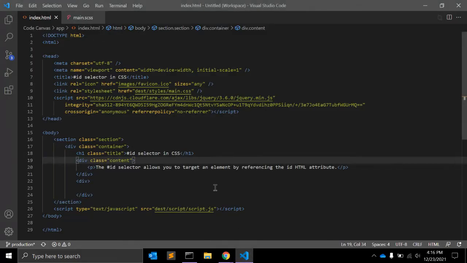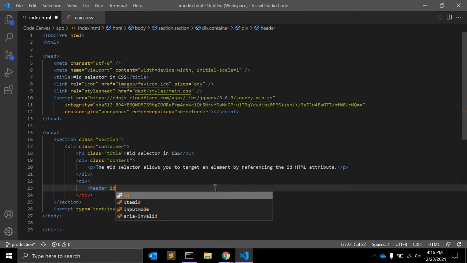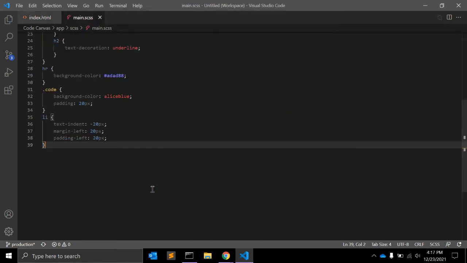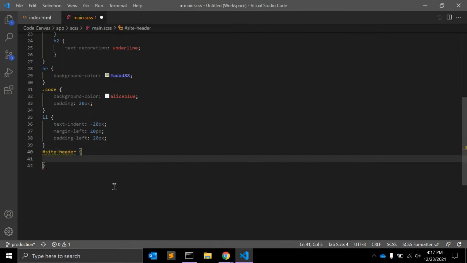So let's say in HTML we have one header tag with the ID site-header as the ID value, right? If you want to select this header in CSS, you have to write #site-header, and here you can write down CSS for that.